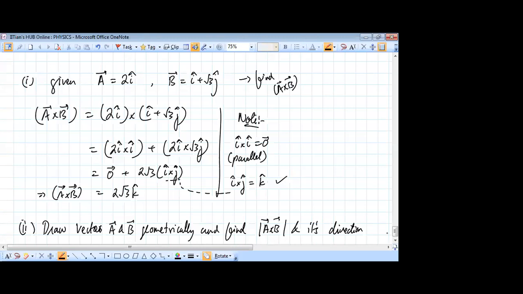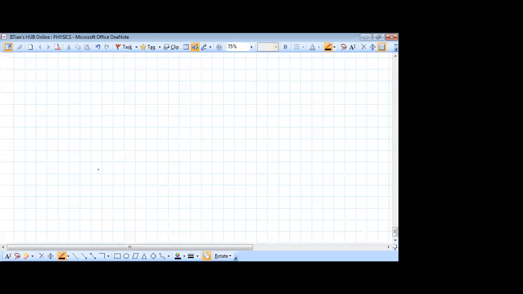Okay, people, so I hope you worked this out. Yes, the magnitude is 2 root 3, that's correct, and the direction will be coming out of the plane, which means it is along the z-axis. So if we draw a diagram here, you will see that according to this diagram,